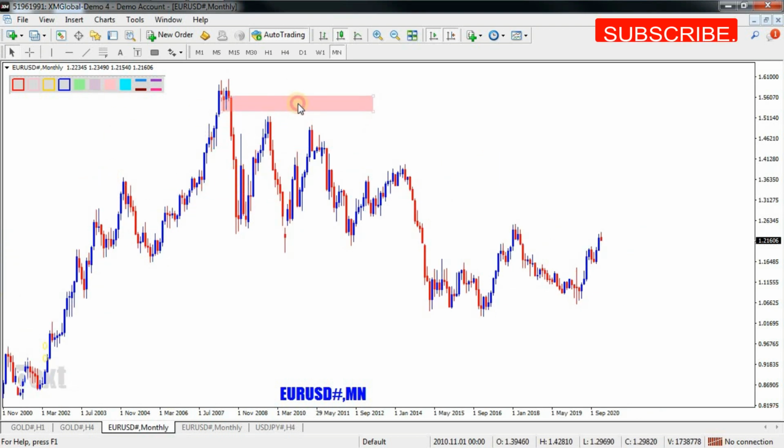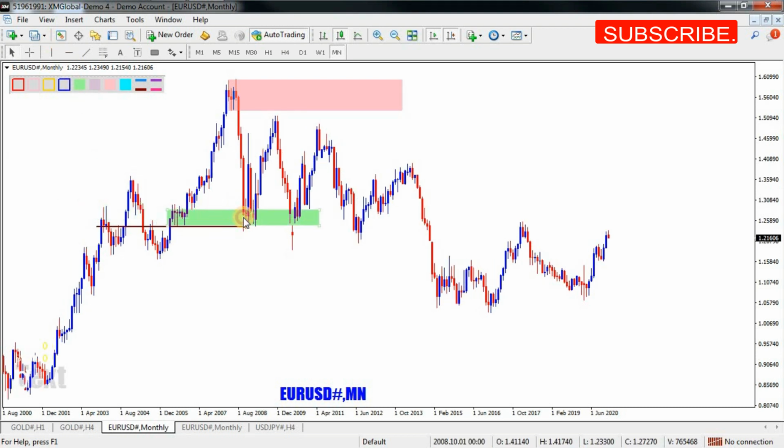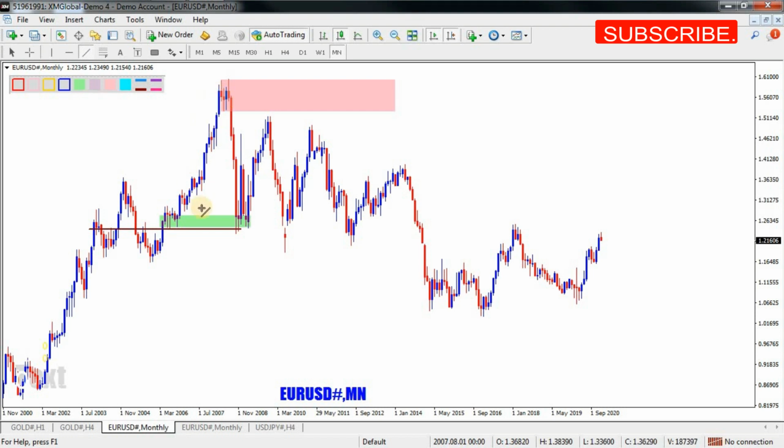It's very clear to see that this was where our peak was formed. This was actually a supply level which was formed, and as price continued moving to the downside, these were areas. This is a demand area, this is a demand area, this is a rally base rally demand area. As price pushed away from this peak formation, we had a structure breaker, that structure breaker being a lower low, and as you can see, price went back